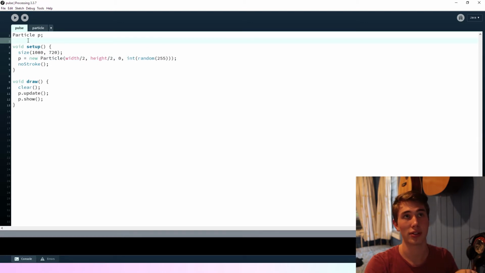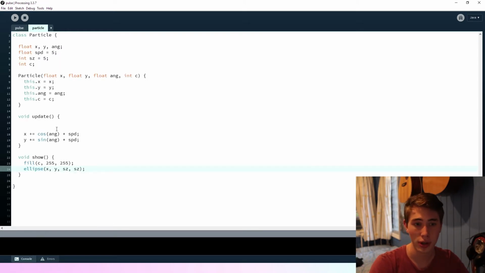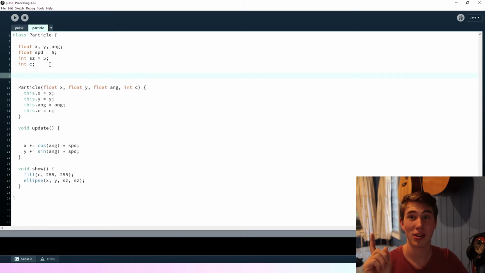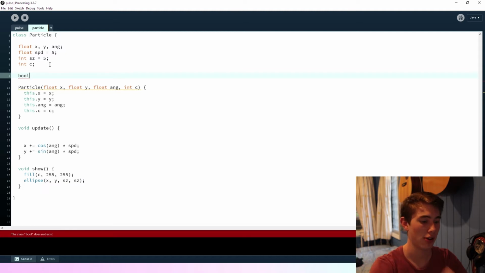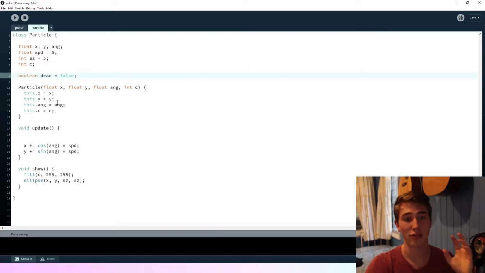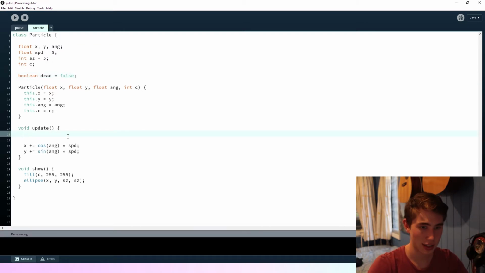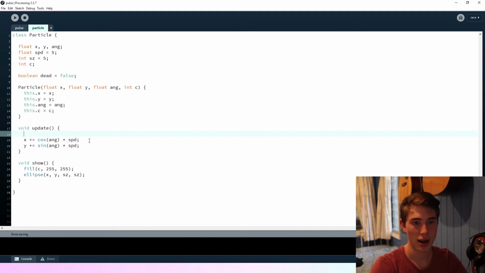And actually this will come into effect more when we're using an array list of particles, because when it gets off the screen, we'll just remove it from the array list so it won't get updated anymore. But we'll implement it now because it'll be handy for performance reasons later on. So boolean dead equals false. So it's going to start off as an alive particle,